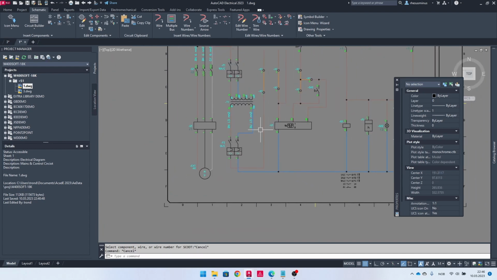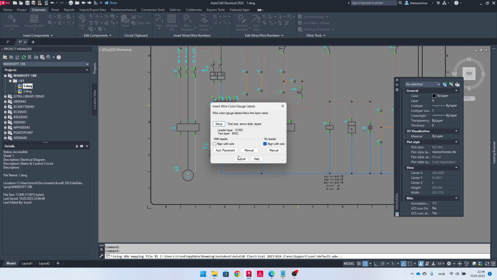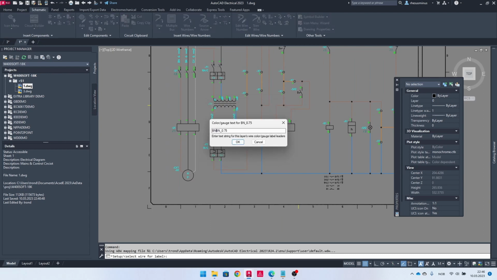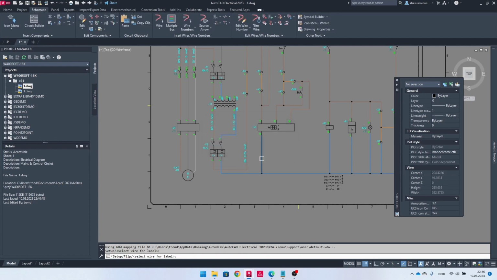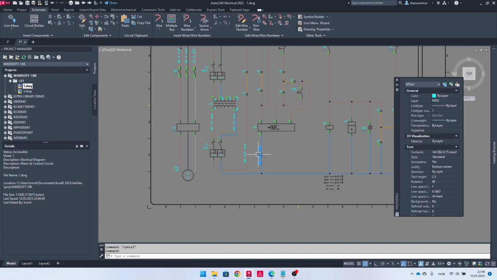Okay, seems like I have it there. Then I'll do 0.75 for these wires here. I'll place one here, that should be around 0.75 square millimeters. And I would go here, say blue 0.75 millimeters. Oh, and